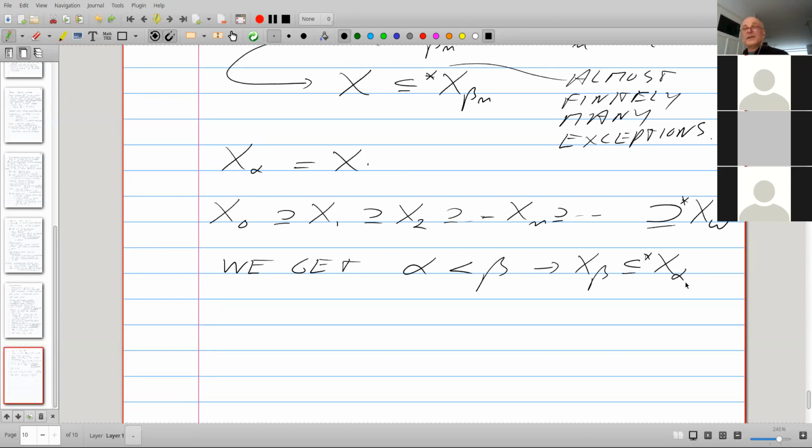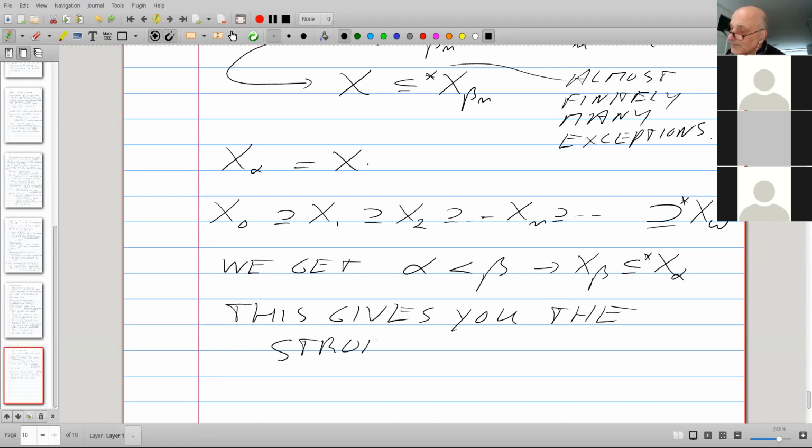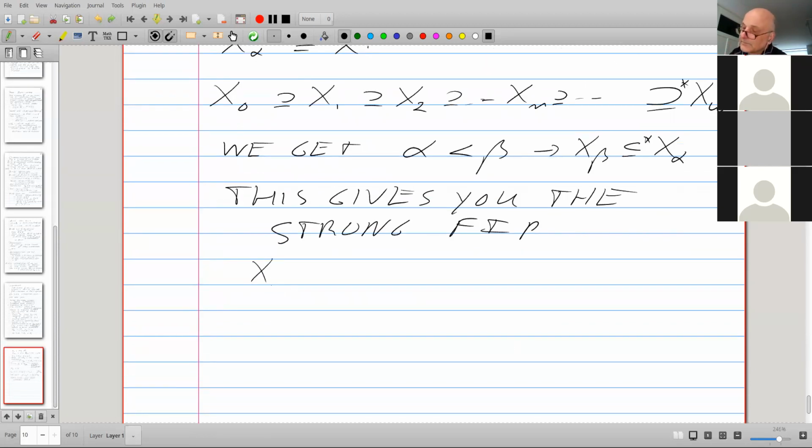And if you keep going, what you'll find is that later sets are always almost subsets of earlier sets. And this gives you the strong FIP, it gives you that the intersection is always infinite.